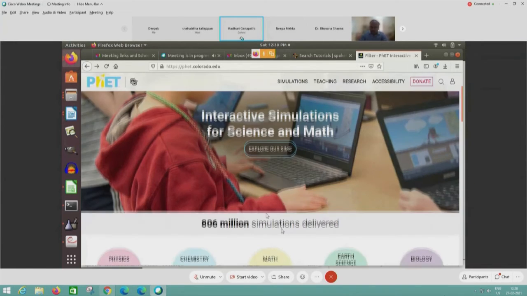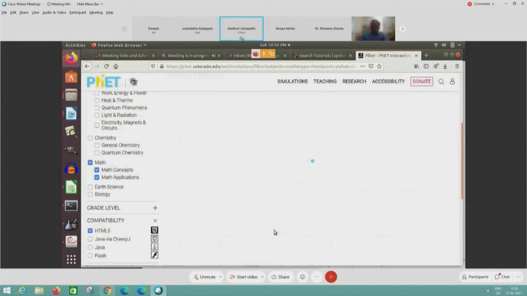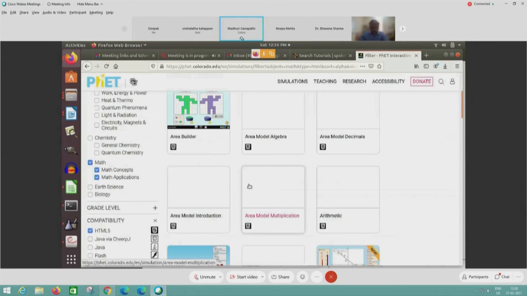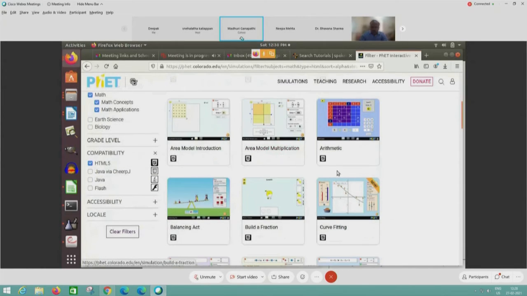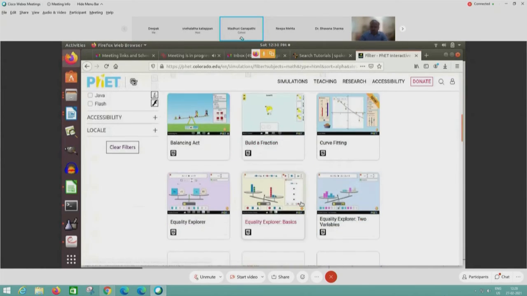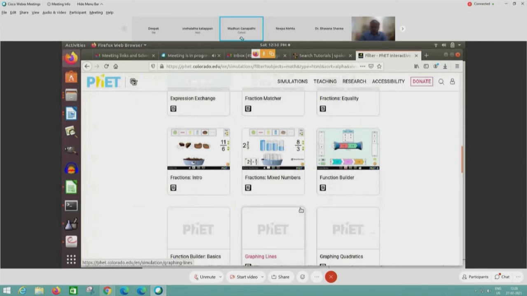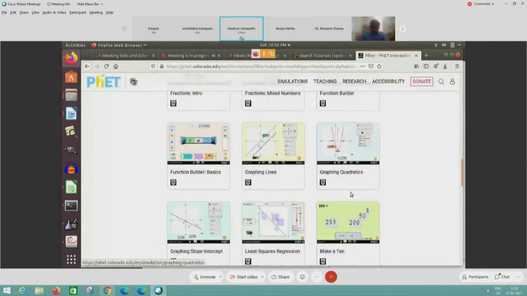Back again. So math is very interesting in FET. Like I said, we can do addition, multiplication, all those things are here. Area builder, arithmetic is there, and then many more. Fractions.